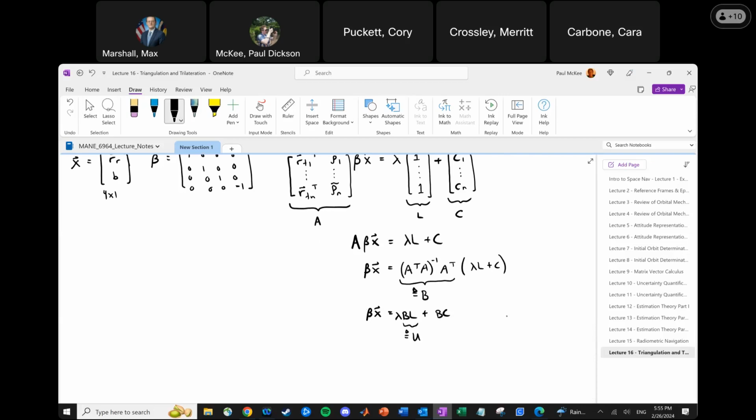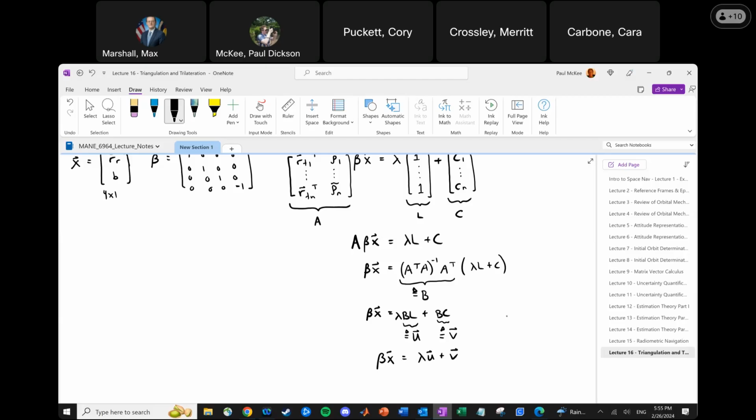And U is a vector. And then BC is going to be called V, where V is a vector. So now we've arrived at the equation beta times the state is equal to lambda U plus V. You might be feeling a little bit lost, but remember that U and V are determined by B and L